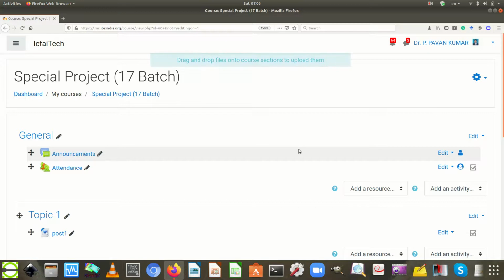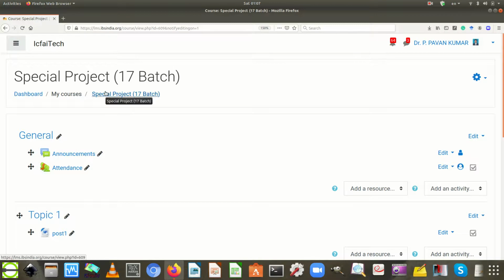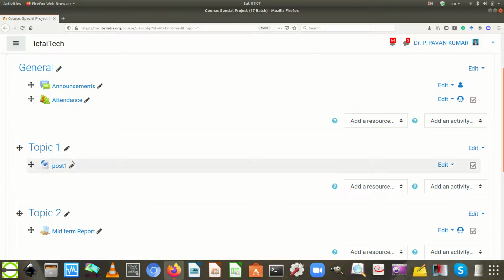Basically, every course in the LMS is organized as sections. On the computer screen, the user can observe some sections under a course called special project. Every section will have a name. In this case, the first section is named General. The second section is named Topic 1.